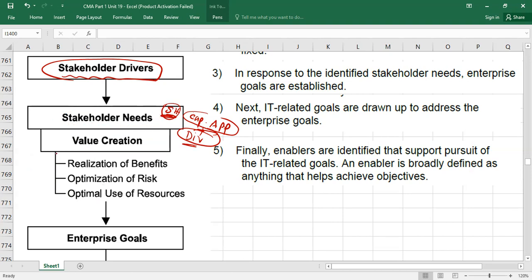After that, I'm just linking one more time, and now you will be 100% clear. So what was the stakeholder need? For example, shareholders are our stakeholders. They want capital appreciation. They want dividends. To do this, we have to create value. We need to earn profit. Right or wrong? That is called value creation.